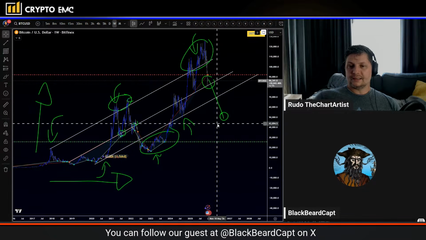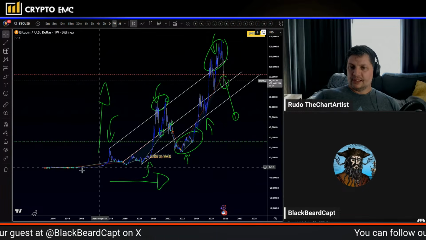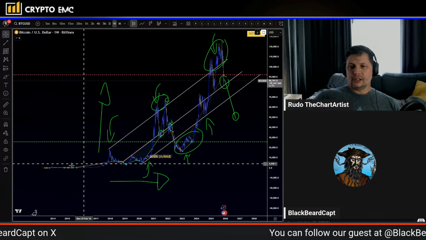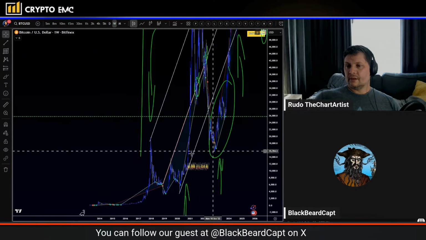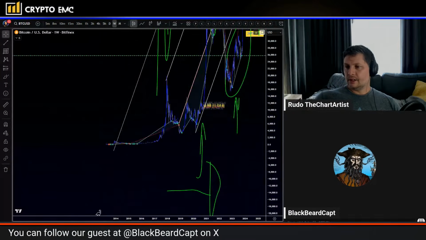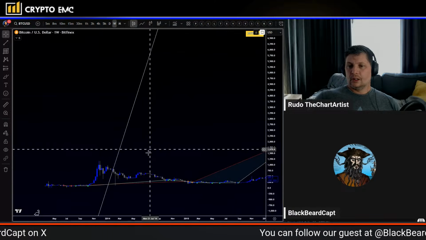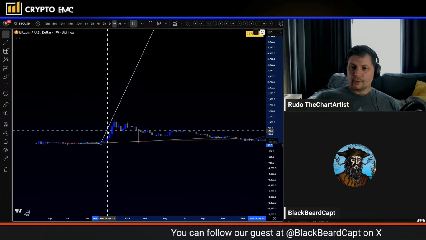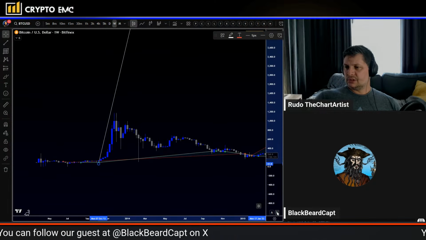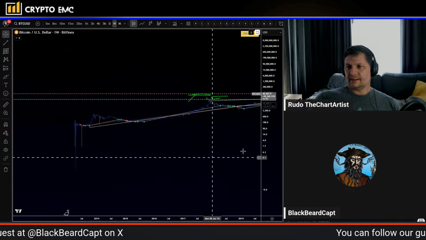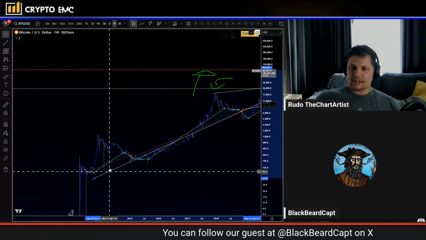Now, the problem with the logarithmic nature of price is if I do this and we look at the way it is, you can't apply it realistically there, you would say. But if you zoom in, guys, and you say, okay, right, let's ignore this real quick. I'm going to move that line over. Let's ignore this real quick and start zooming into this price action. What you're going to find is that although the rate at which this is moving again into the future, let's just switch this to logarithmic real quick so I can get the line in there. There we go. So although that is still the same, now you can see if I apply this back onto